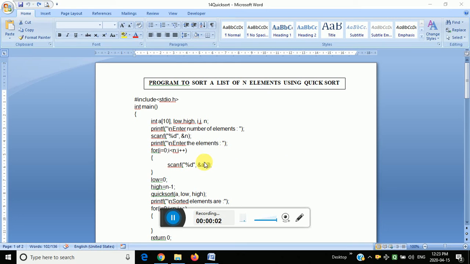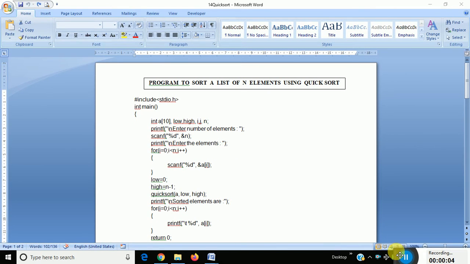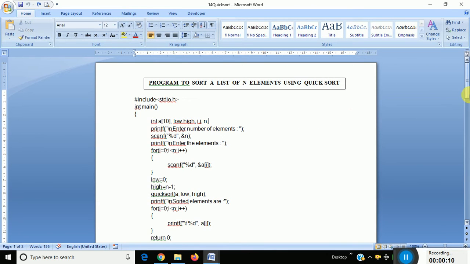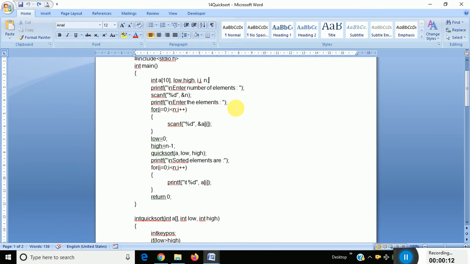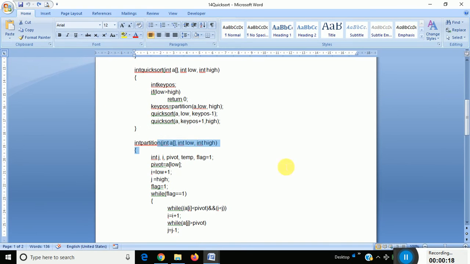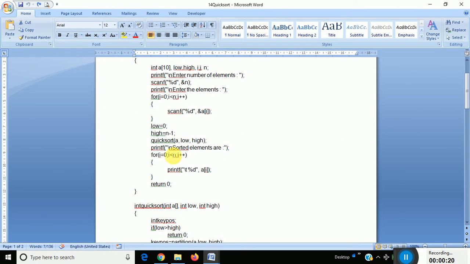Okay, moving to the next part, that is quick sort. This is a lab program, and it is in the second chapter theory also. Here in the quick sort, you have to enter the number of elements, and after that it will apply the logic. Here are the two functions, it will apply the logic, and after that it will provide the result as the sorted elements, that is 1 2 3 4 in ascending order.